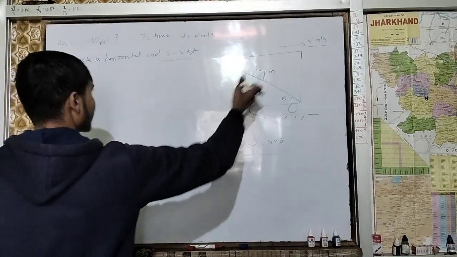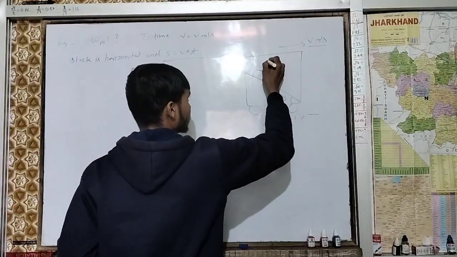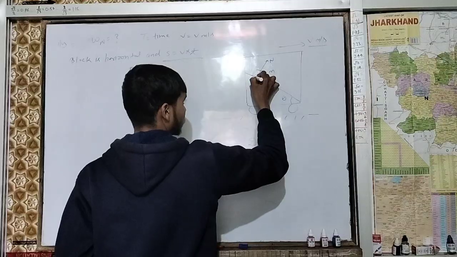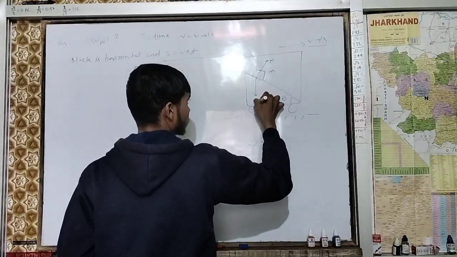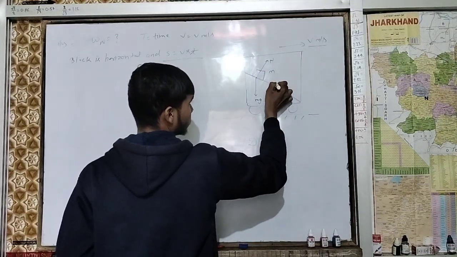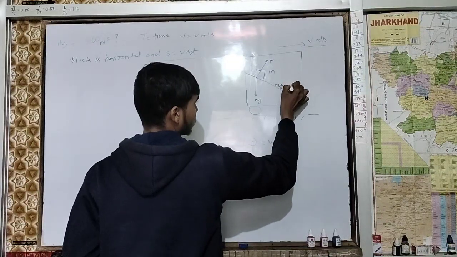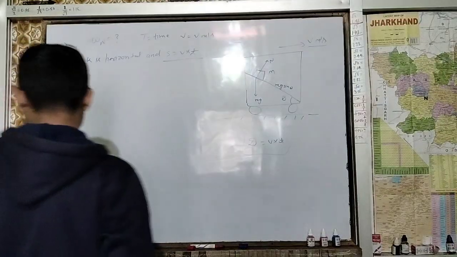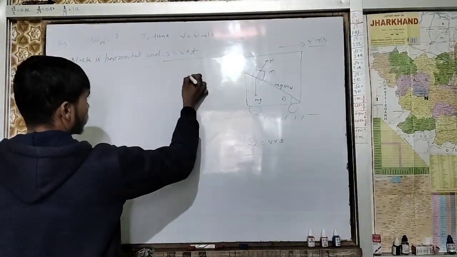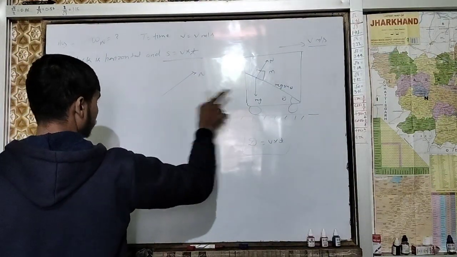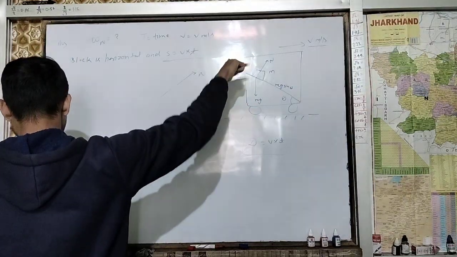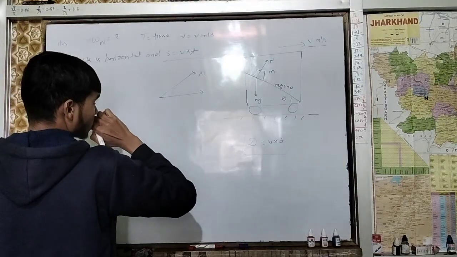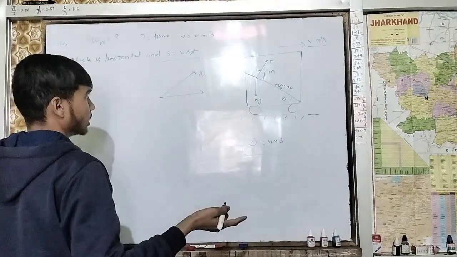So normal reaction would be something like this. This is our N, and mg will be downward. The question is only asking for work done by normal reaction. So this is our normal, and one component, the horizontal one, will be something like this, which is N cos theta,